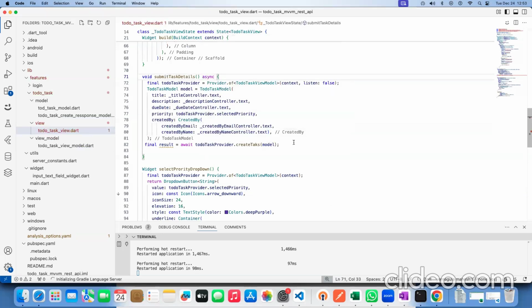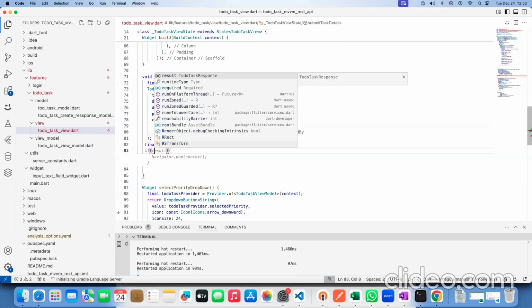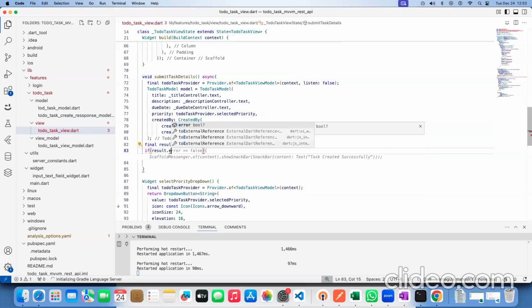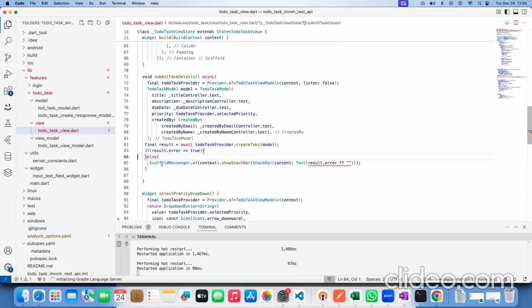So result, maybe an if condition. If result dot error. We have the error, right? If error is true, that means some error is there. If error is false,